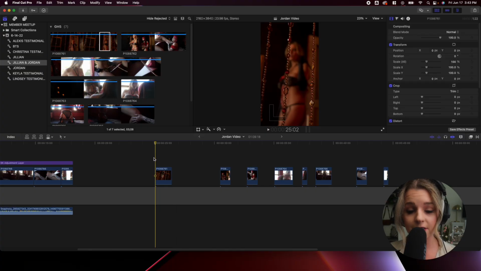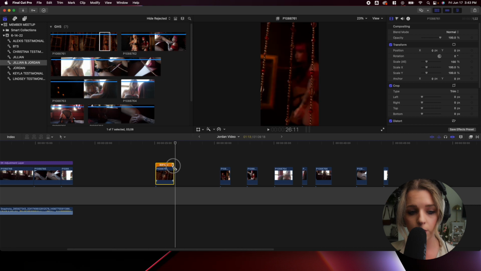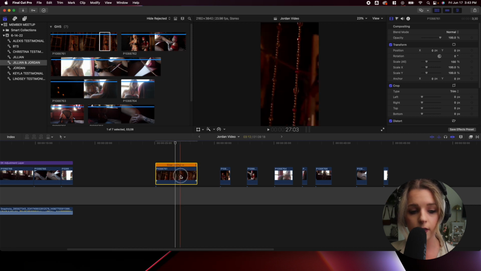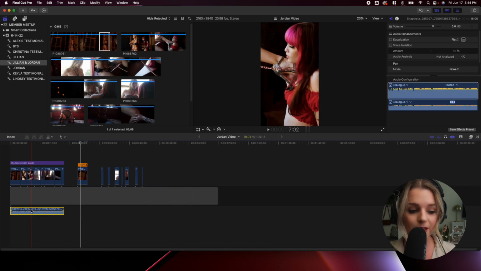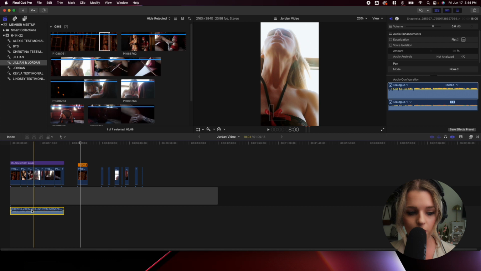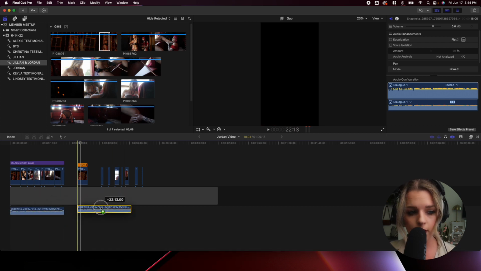Okay, so as you can see, this clip is actually not slowed down at all. So I'm going to go ahead and slow it down by pressing Command R. I am going to drag that at 40% since I shot in 60p, and I'm just going to place it right here. I probably need the song to make the edit. So let me go ahead and get my song. I am going to press the Option key and hold it, and then just drag it on over here.